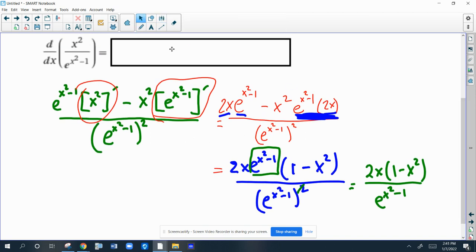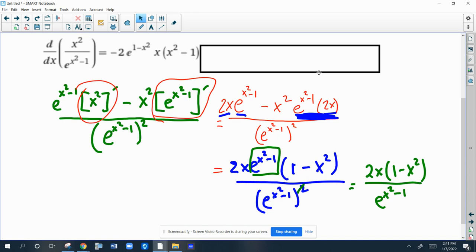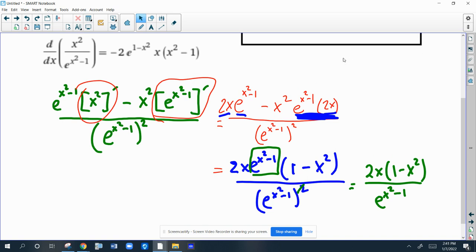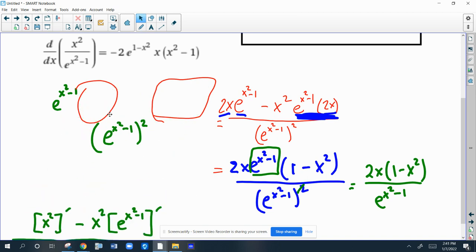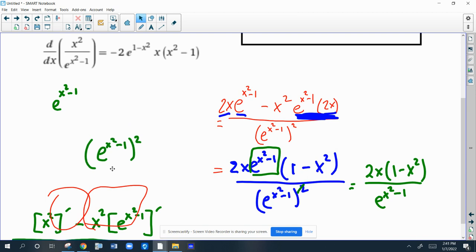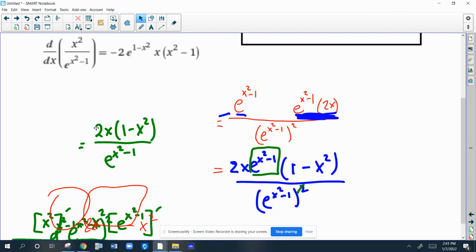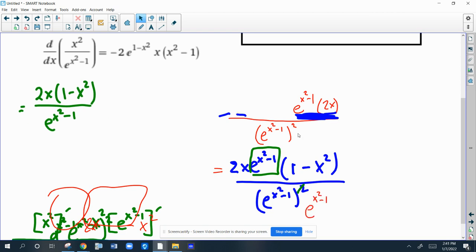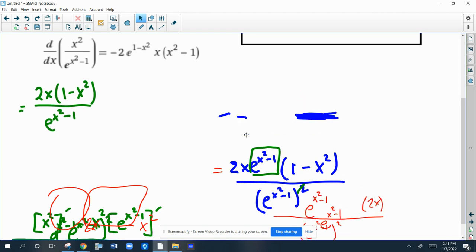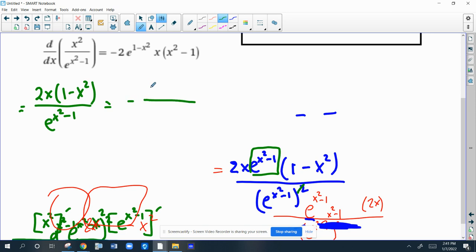So checking Wolfram Alpha, you may get a different looking answer. So let's look at it. Our answer is fine, by the way. But there's some interesting things that you can do here. I'm going to try there. Perfect. So I'm going to look at what they have. First of all, they factor out a negative to make that right here, to make that x squared minus 1. We've all seen that before. It's just usually you have